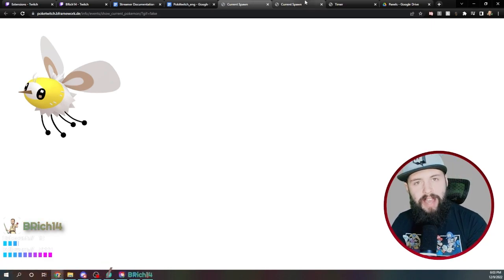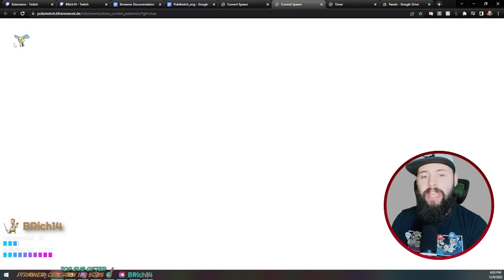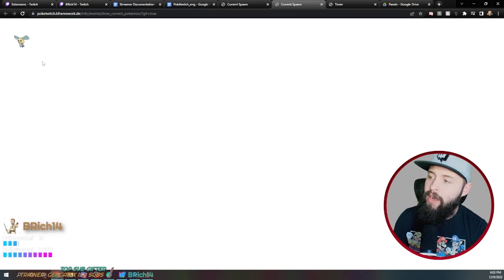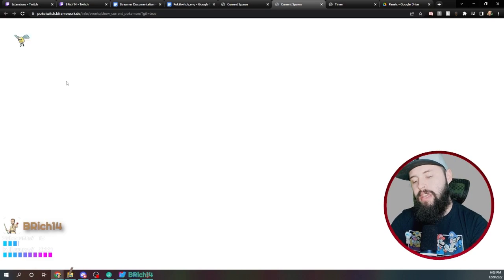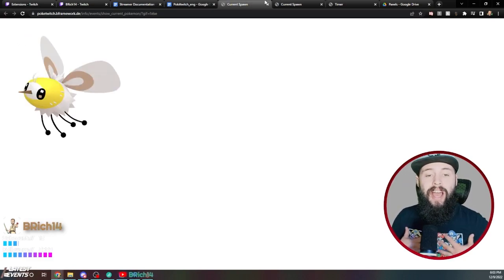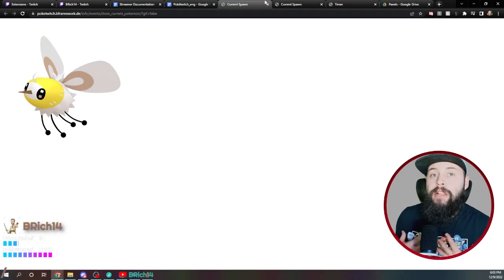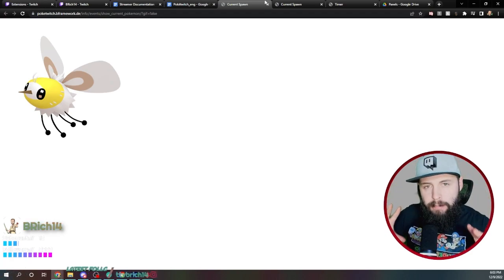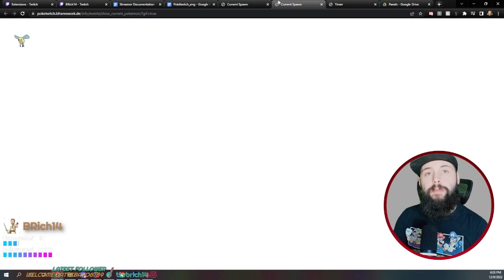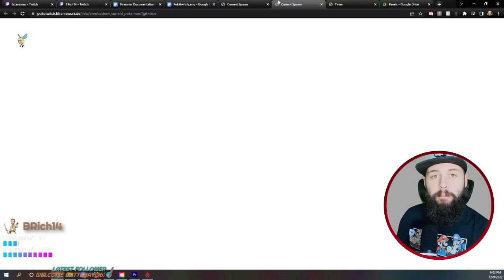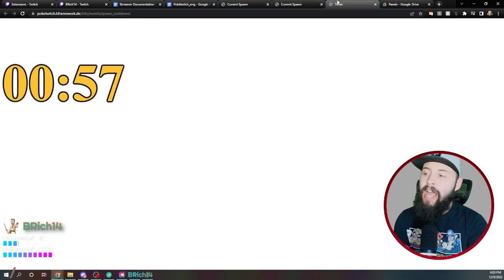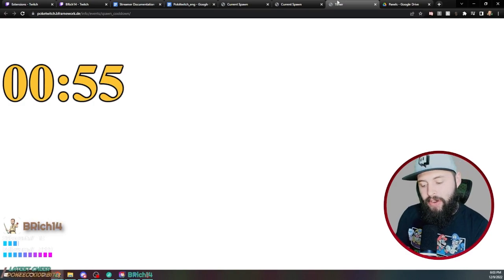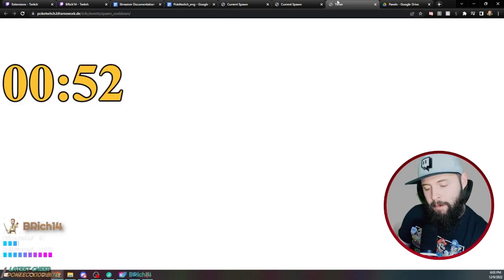There's a minute left to catch this Cutiefly, and if you want the GIF version instead, it's much smaller but animated, so you can see the Cutiefly kind of hanging out instead of just a static image. My personal taste is to use the home sprites. I like static, clean Pokemon, but I know a lot of people that would prefer the animated version, so both are available. And again, the timer tells you how much time is either left to catch the Pokemon or left until the next spawn.